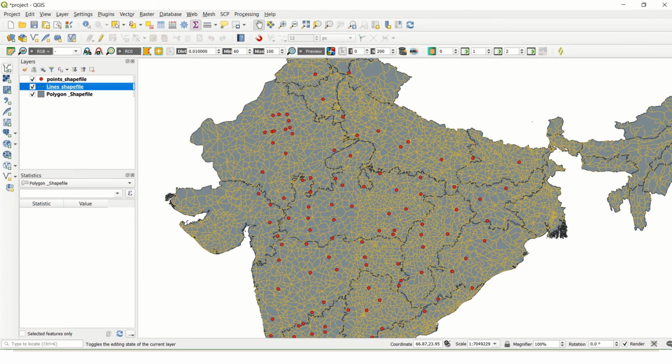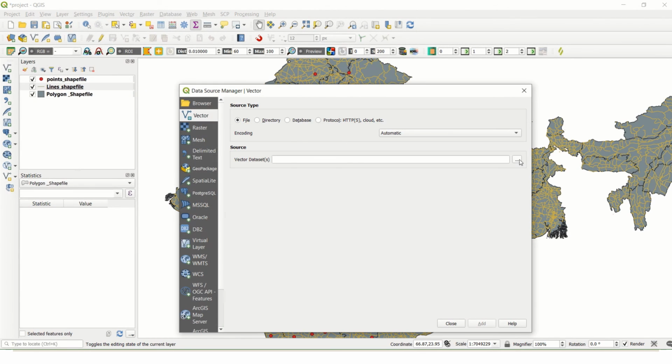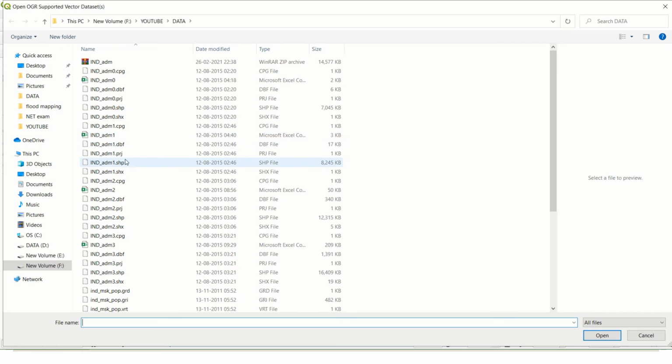I'll also show you the extensions. Here is our state boundary map. We also have all the boundaries, like state, country and also district. Here you can see .dbf, .prj, .shp, .shx, .cpg.